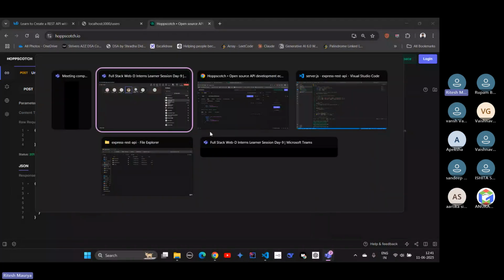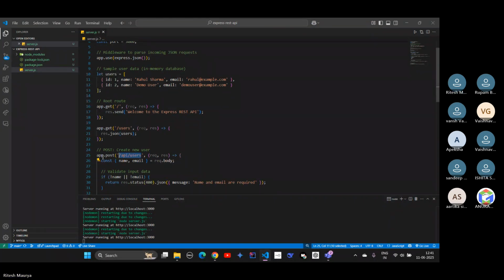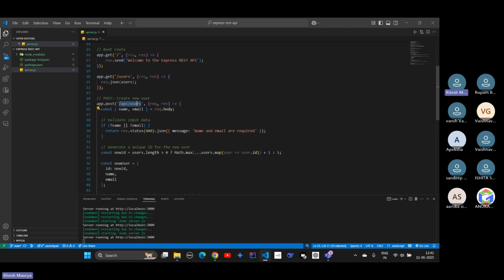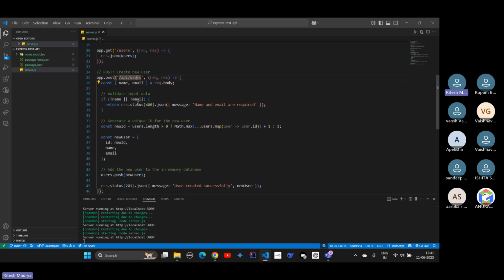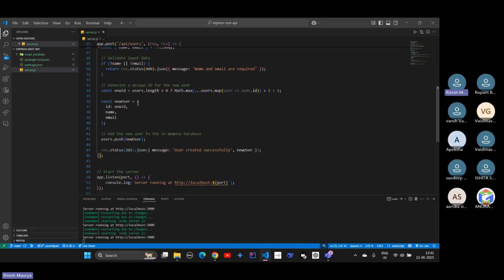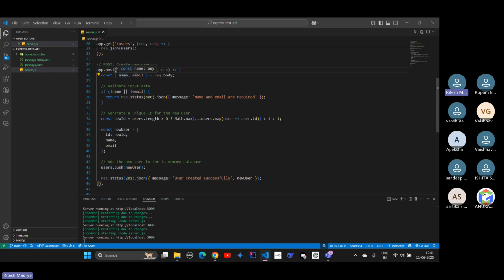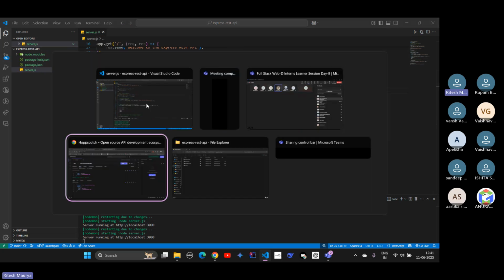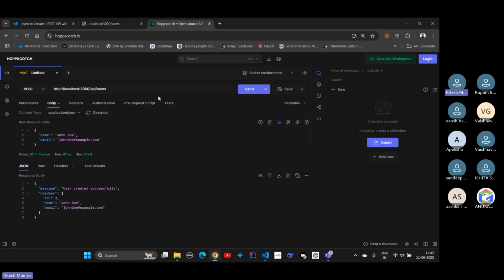Here we go. We have just pasted our code here, which I copied from W3Schools, and it is using the API slash user route to create a new user. We will have to send the name and email data from our Hoppscotch so that it can get these two values and create a new user. So I have just set our method to POST, and I am at the route slash